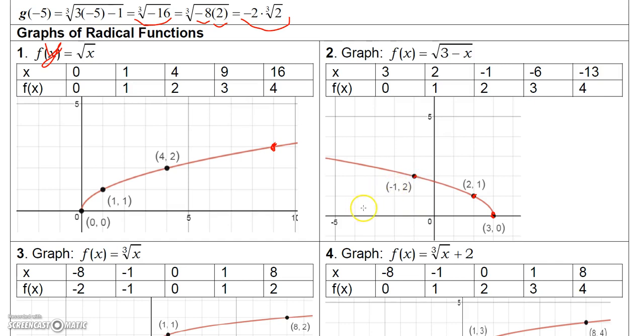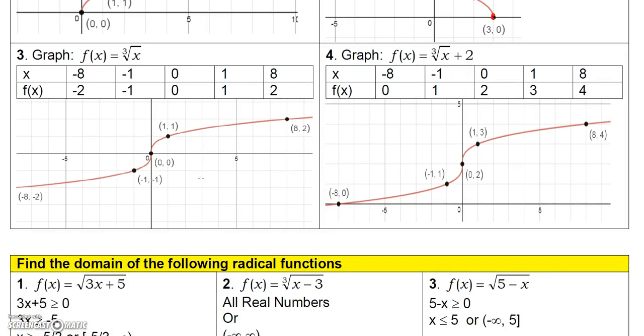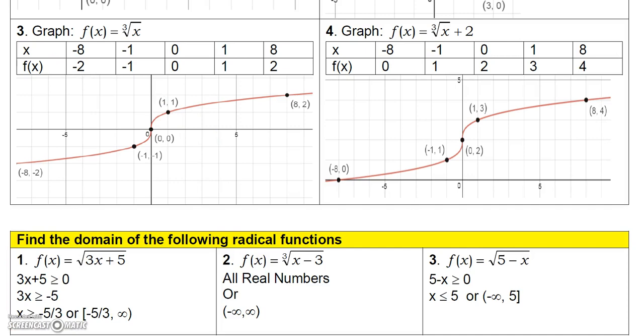And then, of course, if you plug negative 6 in, you'll get square root of 9, which will be out here somewhere. And you'll get 3 for the y value. So anyway, those points kind of go along and follow this path. And then the couple of cube root examples. For the cube root function, I wanted to find numbers I could take the cube root of. So I'm going to choose negative 8,